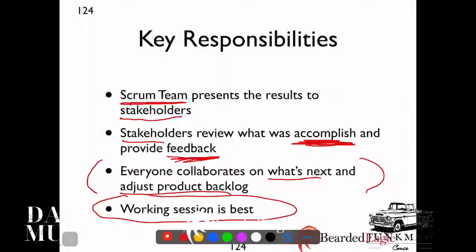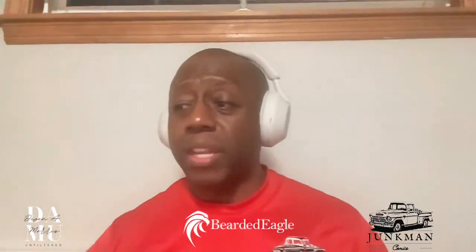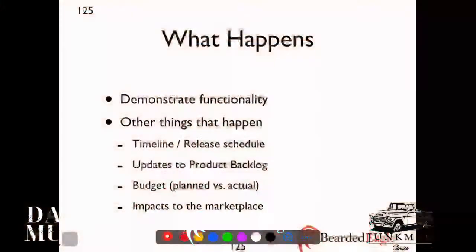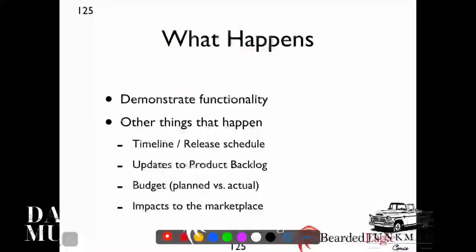So now when you really just peel that back and you think about what we're talking about here, we're not saying anything really crazy here or anything that should be surprising you, right? You should be used to the fact that you're demonstrating functionality. This is probably one of the main things that happen here, right? And that demonstration can range from a presentation all the way to a test drive where people actually get their hands on it and they're playing with it, right? But you're classically going to see a demonstration. That's the Scrum team presenting the results to the actual stakeholders.